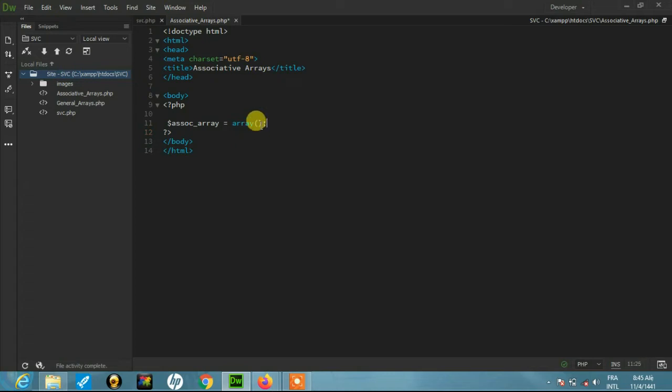For the associative array, let's say tongue, we create it within a quote, and then we call this point, or let's say taste, tongue